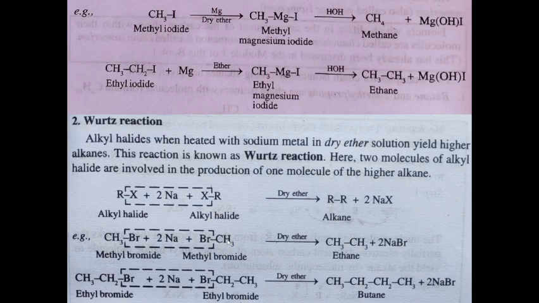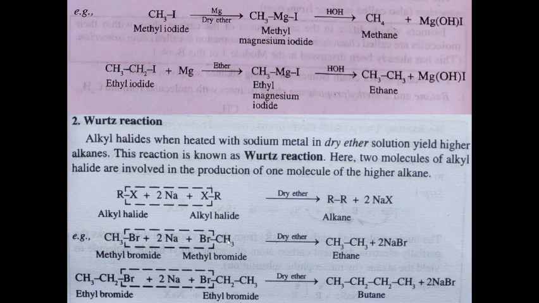So these are the limitations of Wood's reaction, because we can normally do the reaction only with similar alkyl halides. Otherwise, we will always end up with a mixture of compounds. So what are the limitations of Wood's method? The reaction fails with tertiary alkyl halides. Normally, we do this reaction with primary alkyl halides, not with tertiary alkyl halides. And halogen compounds with other reactive functional groups like OH, COOH cannot be used. So if we have a COOH group or any other functional group, we cannot do this reaction. This is purely an alkyl halide reaction with metallic sodium.